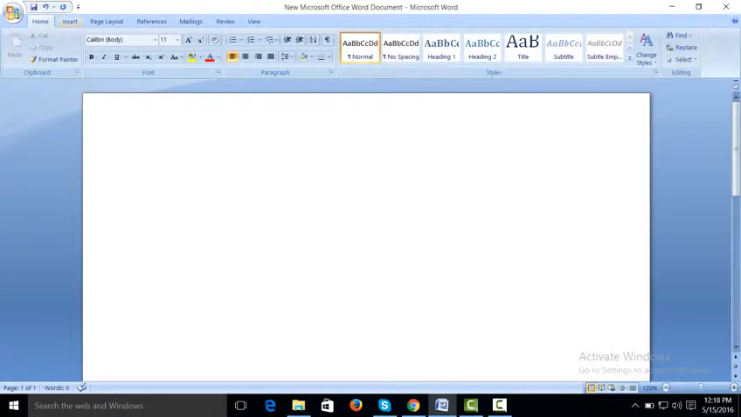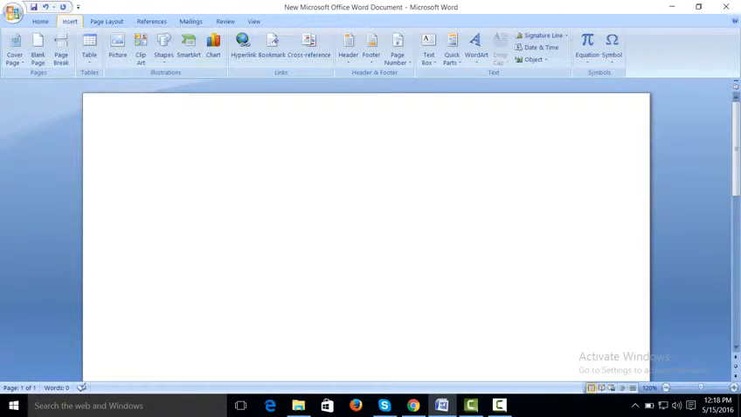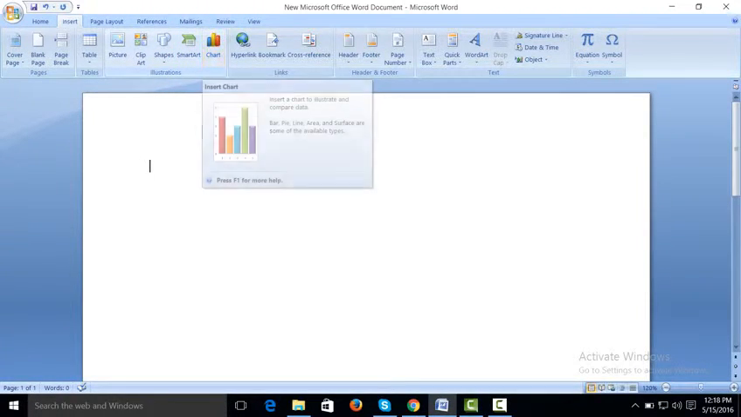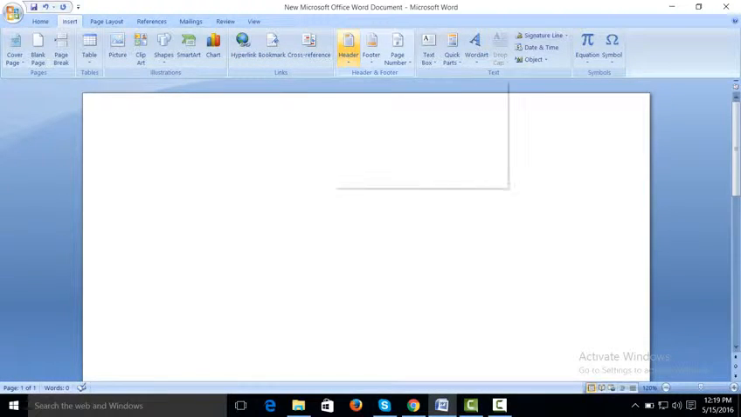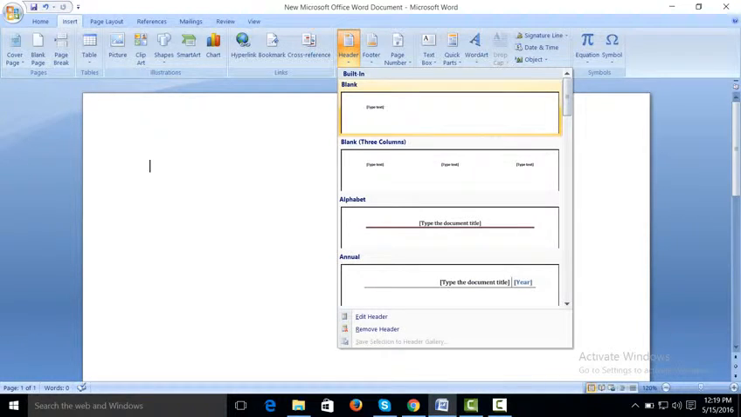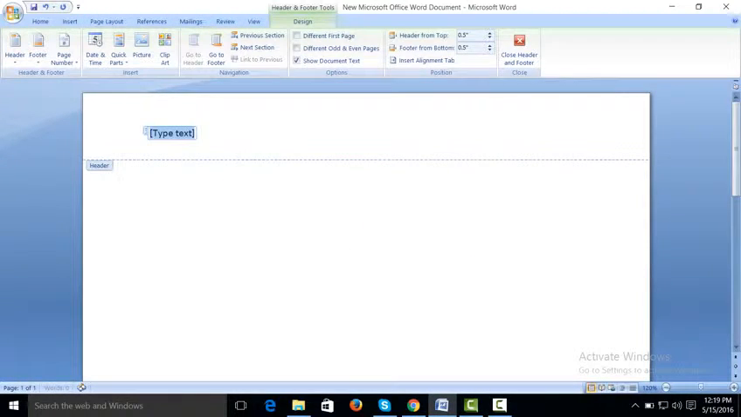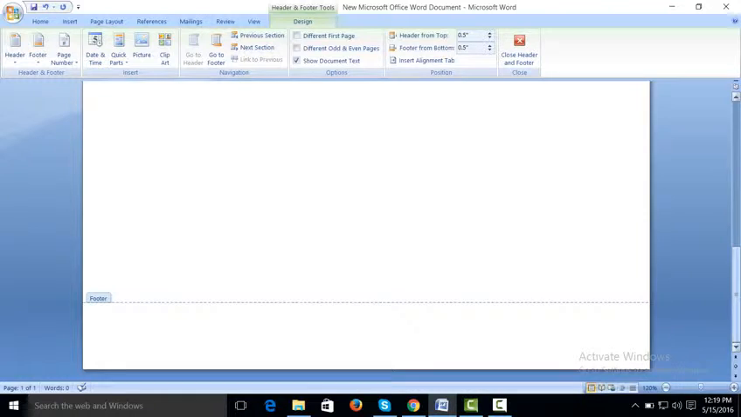Microsoft Insert menu. Click on Insert. We've already worked on SmartArt, chart, hyperlink, cross-reference, header. How to create a header? Click on header. Suppose click on these options. You should write, suppose, IPA. On each page of the heading you can see